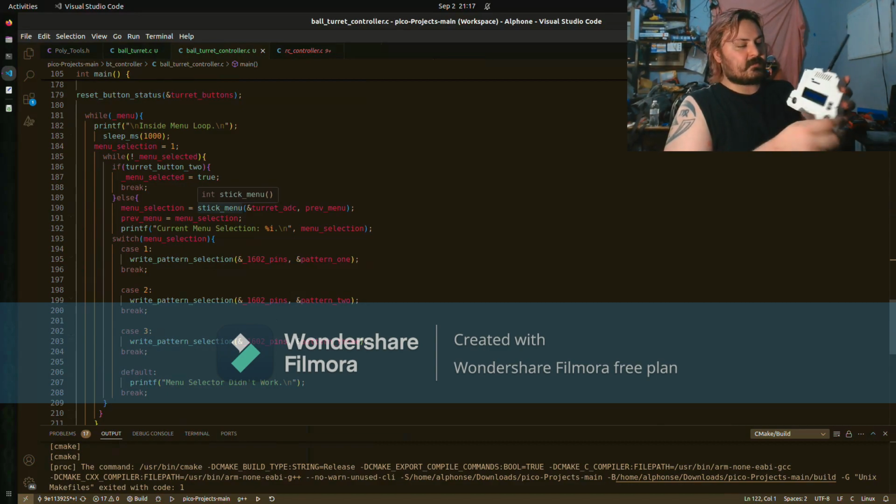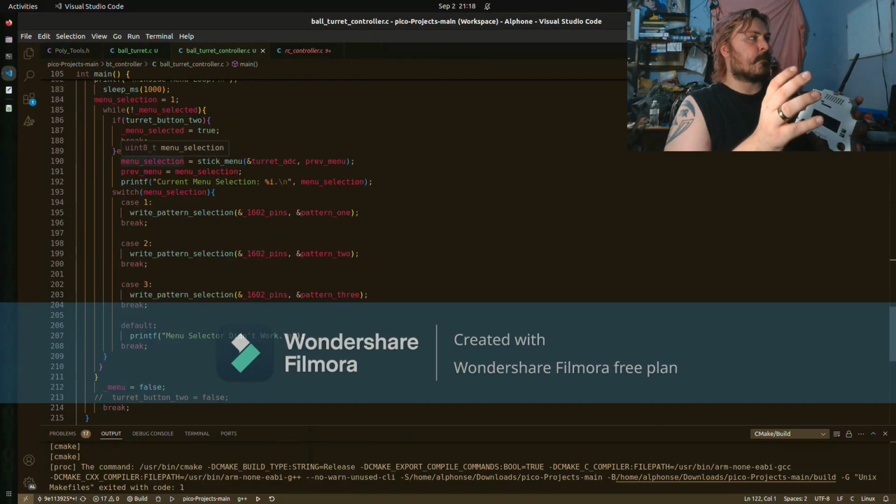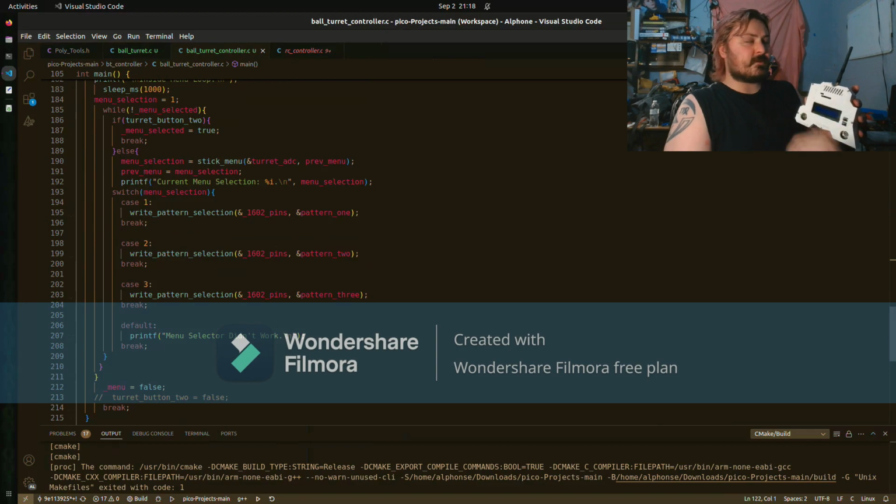Then once I select this, once I push this button, it will take that same value, that is our menu selection right here. That will also be passed to our switch case, so it'll tell us what we're doing, but it's a dual purpose. It's being used in 2 different ways. It's not only going to be used here in our switch case, because once this is pushed, it will test that menu selected, or the turret button, that'll make this while loop